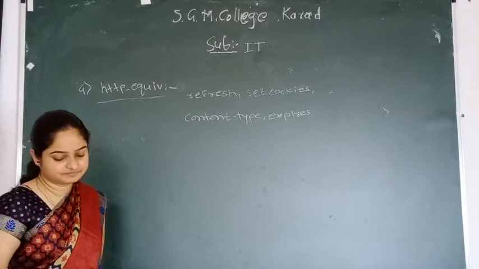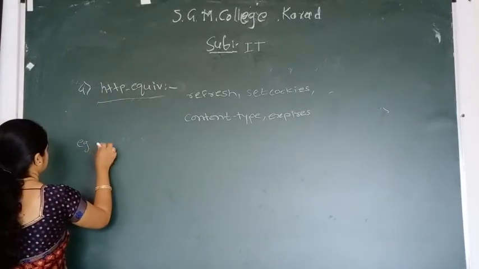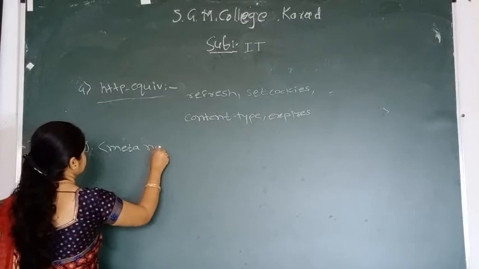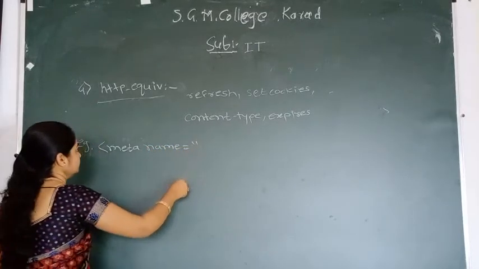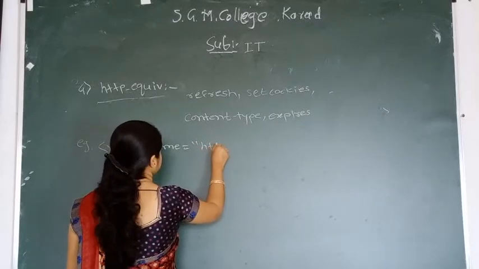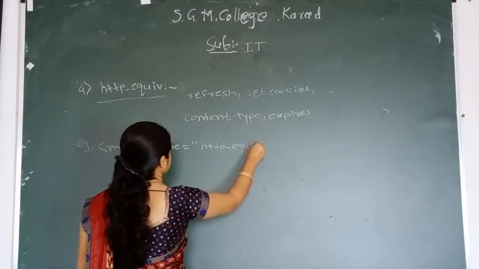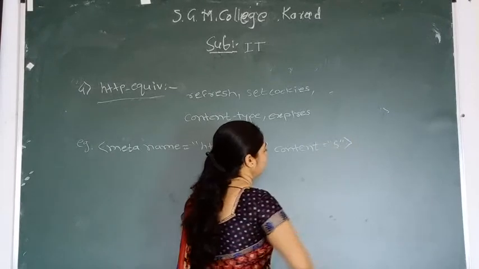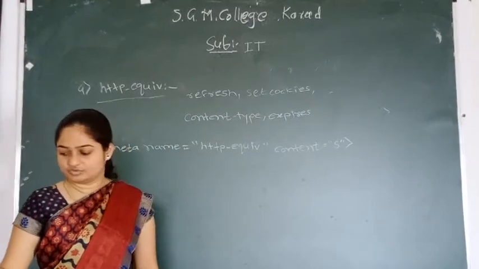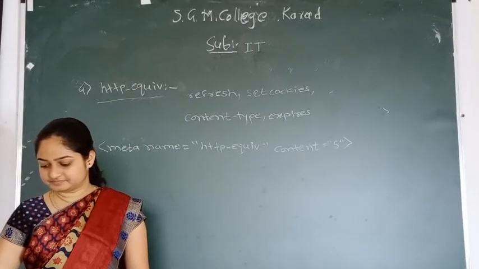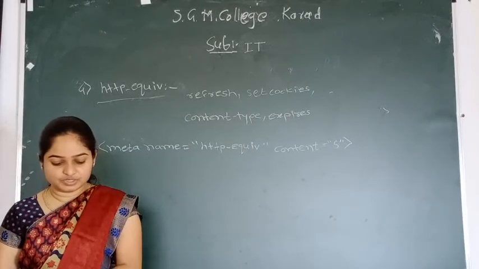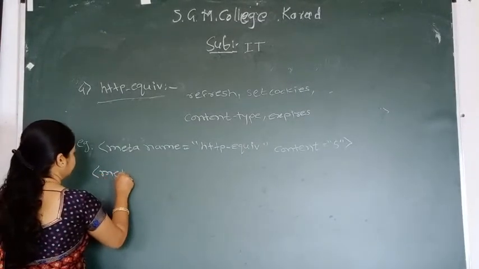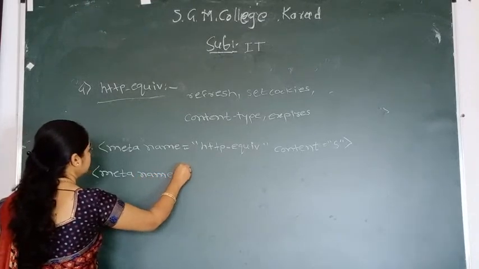For example, content is equal to 5. Then next is set cookies. Meta name is equal to